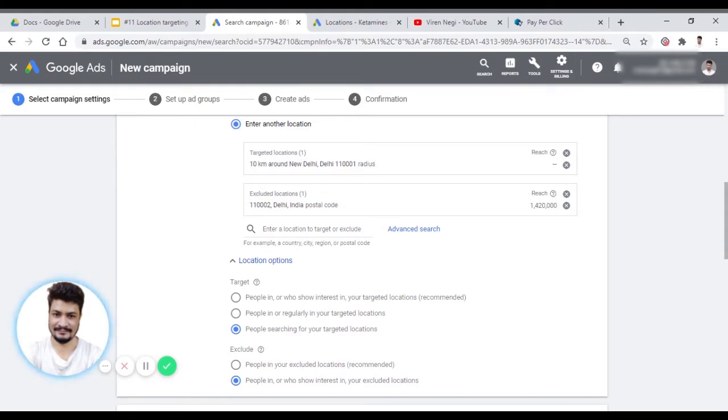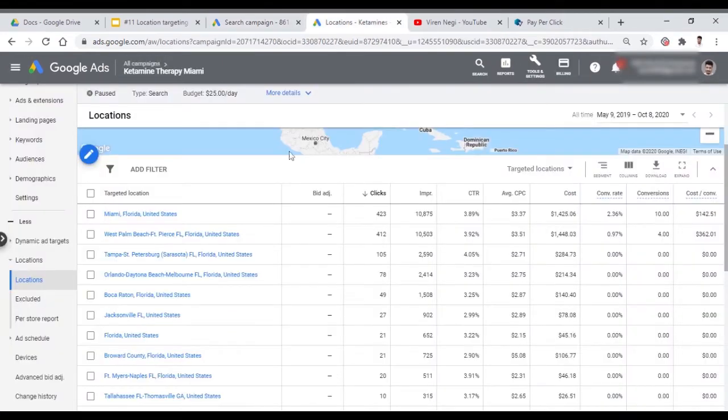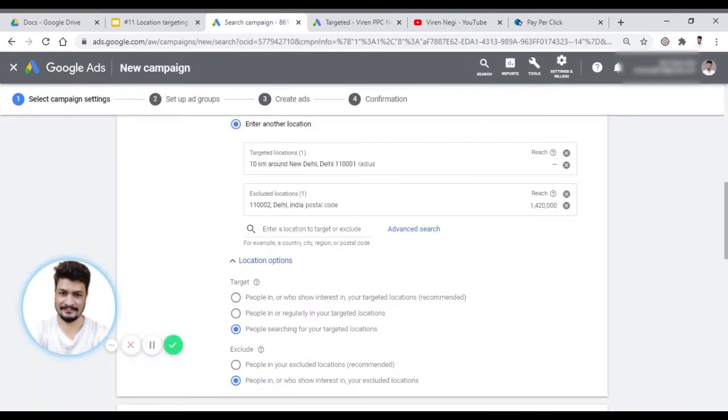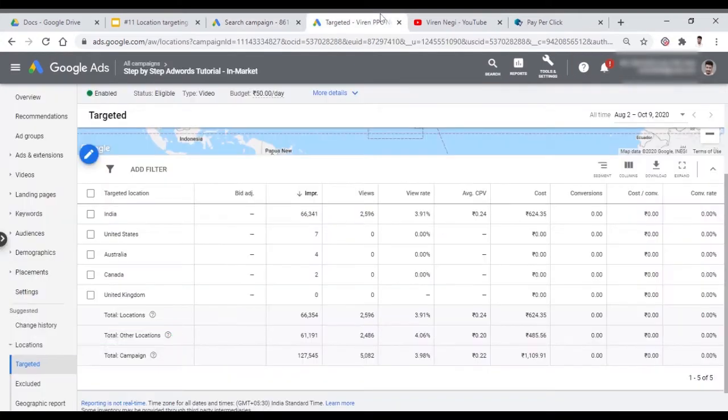Now come to the second topic, where you can see these reports. Let's say you run ads on multiple locations, and how you can see those reports. So let's go to the live campaign. You can go to the particular campaign, or maybe an ad group. So now let me show you how you can view reporting. Now let me show you in a live campaign how you can view location reporting. Let me drag it here.